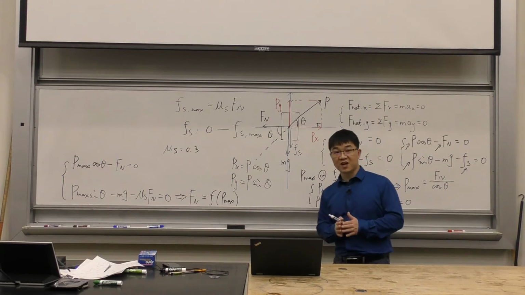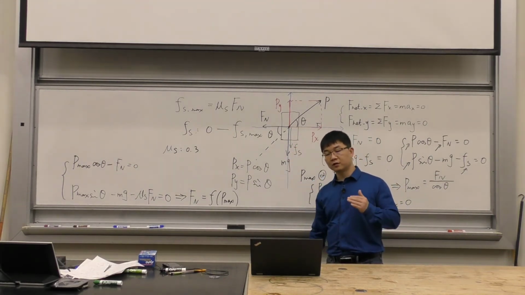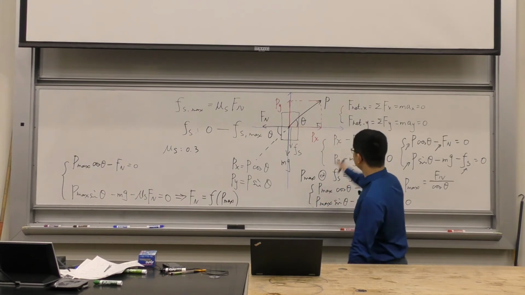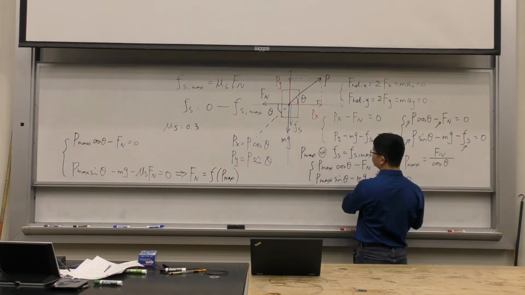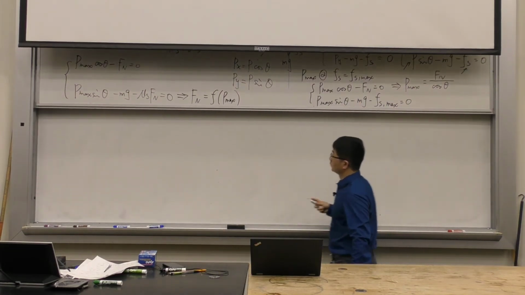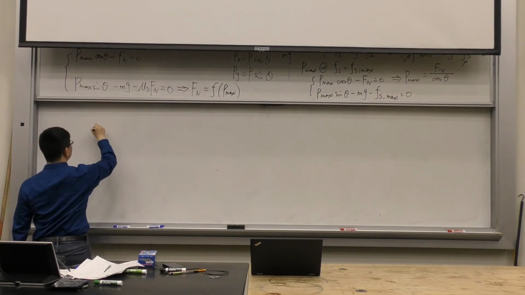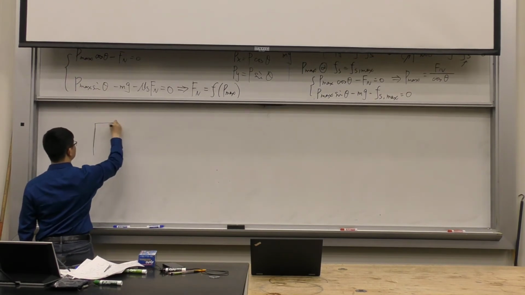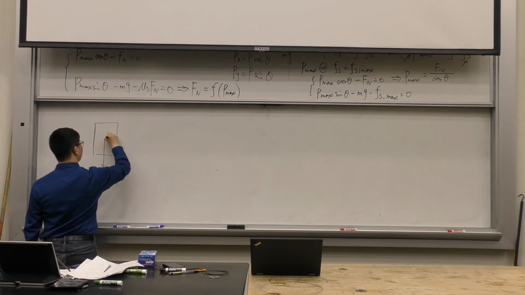But that's only one value, right? That's only the upper value, upper band. We also need to find the lower band. But if you have done this, the lower band is going to be very similar to this. Okay, so let's draw the free body diagram when the P is very small. Okay, so I'm going to still draw this gravity down. Okay, now the P force is very small